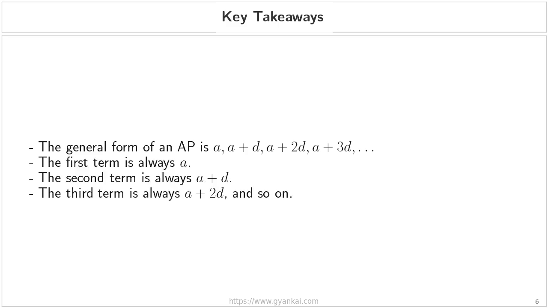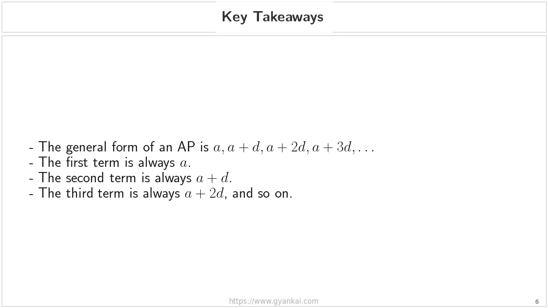Key takeaways. To summarize, the general form of an arithmetic progression, or an AP, is written as a, a plus d, a plus 2d, a plus 3d, and so on. It is crucial to remember the structure of this sequence. The first term is always simply represented by the letter a. To find the second term, we add the common difference once, giving us a plus d. For the third term, we add the common difference twice, which gives us a plus 2d, and this pattern continues